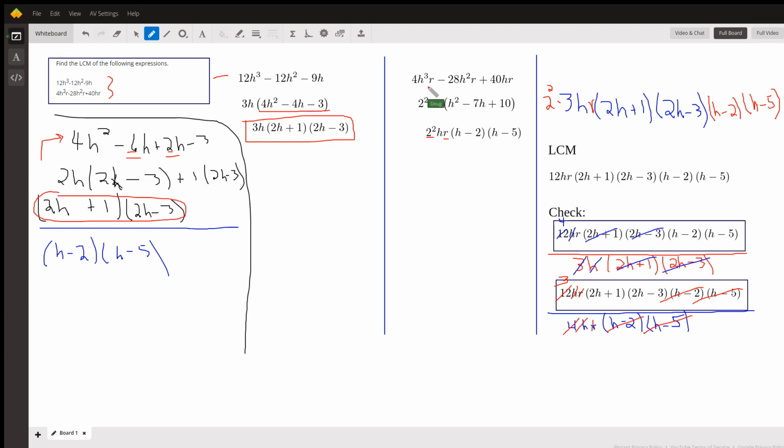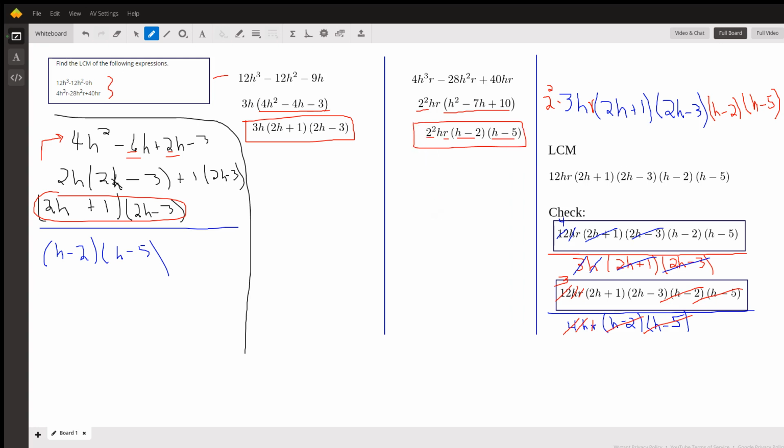For the second one, we can factor out a 4hr from each term. I wrote the 4 as 2 squared in case there were other factors of 2 in the other polynomial, but there aren't, so it would be okay to leave that as a 4. But there's the trinomial that remains. Factor that trinomial into h minus 2 times the quantity h minus 5. There's the complete factorization